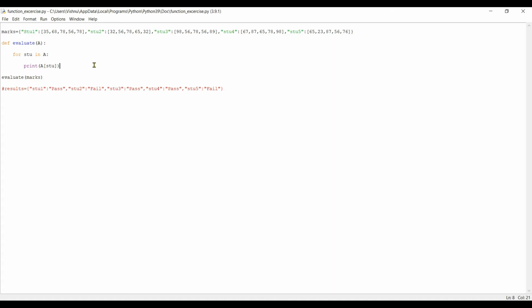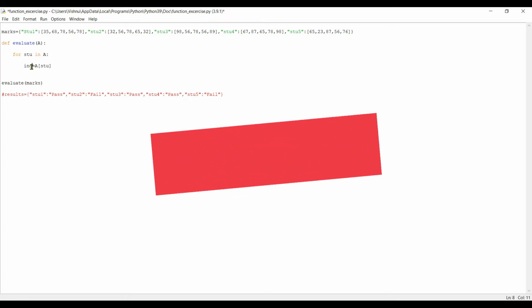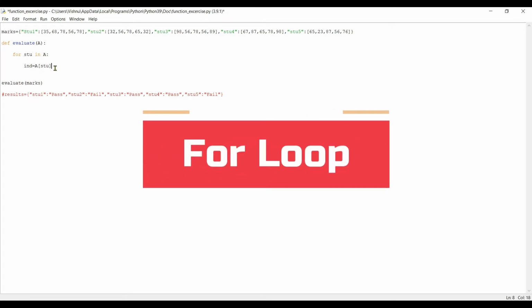Now what we have to do is store this list in a new variable. Let's create a variable individual and I'm storing this list. After that, we have to fetch each and every subject from this list. For that, again we are going to use for loop.